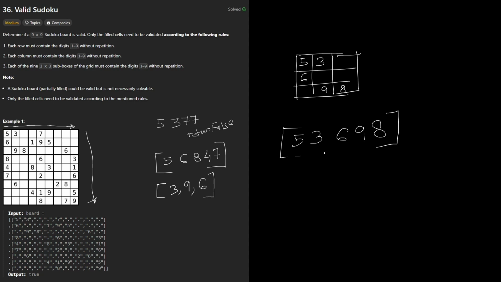Here none of the values are getting repeated, so this sub-box is valid. Then we are going to move to the next sub-box and repeat the process, and once all the rows, columns and sub-boxes are validated, we are going to return